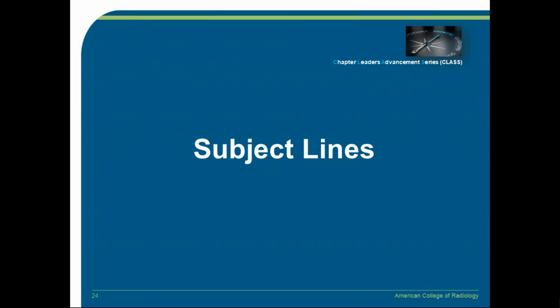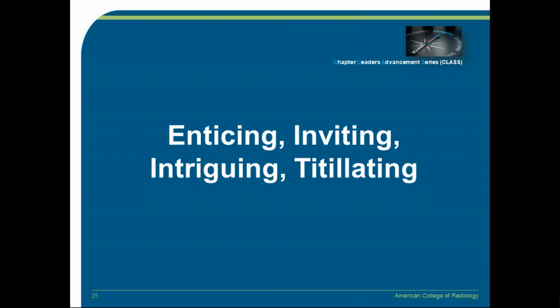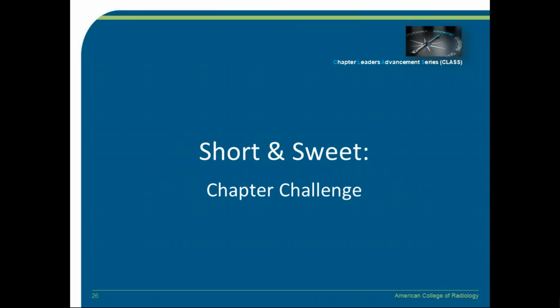And so the very first line of defense when it comes to anybody trying to get in to look at your email is to entice them, invite them, intrigue them. You really want to get them to open the email. Because of the familiarity that the chapter members have with the chapters and with you all, it's going to be a little bit easier than for Coke or whomever else trying to sell you anything, or even us trying to market to you. But here are a few examples of different types of subject lines that you may want to try out.